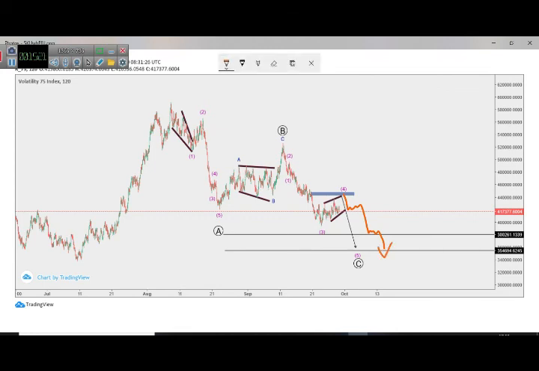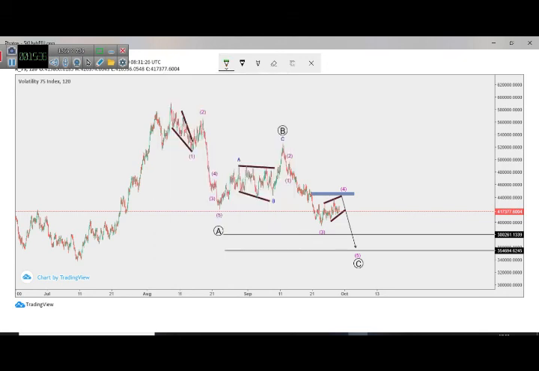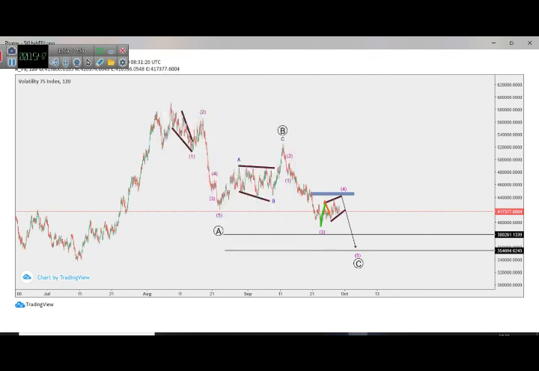But first, you have to make sure you wait for this correction to complete. Don't rush, because you will lose all your money. Wait for this correction to finish. A clever trader is a patient trader. Wait for this correction to complete here, and then from these levels,